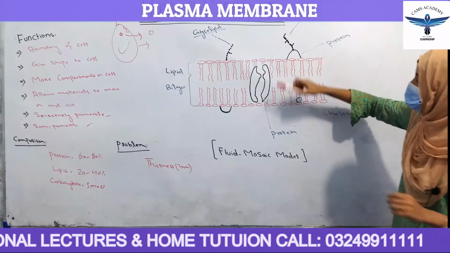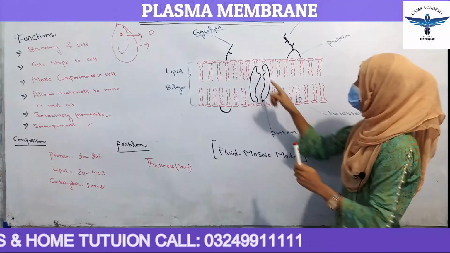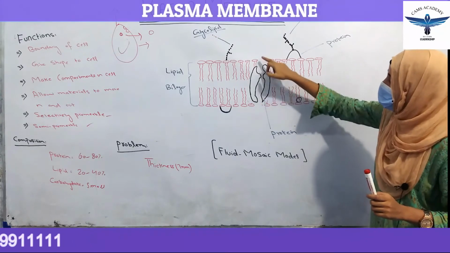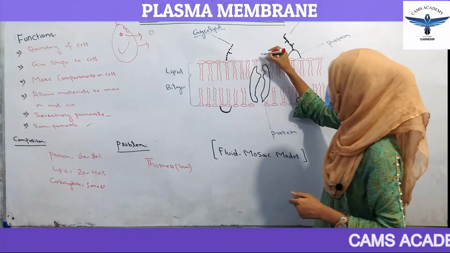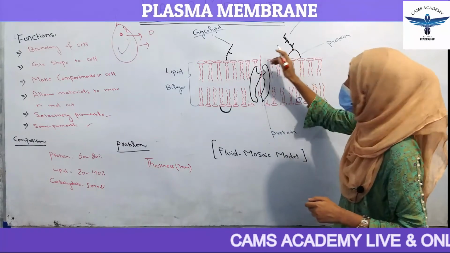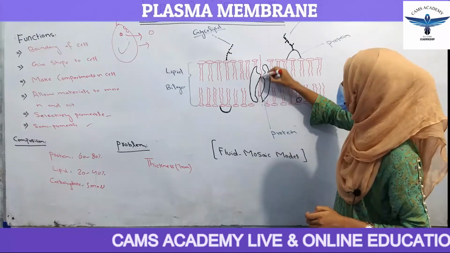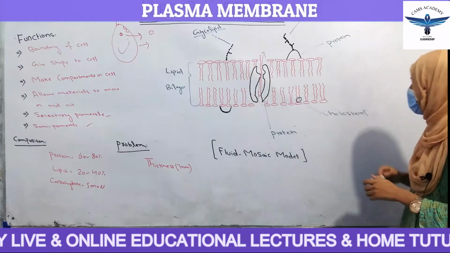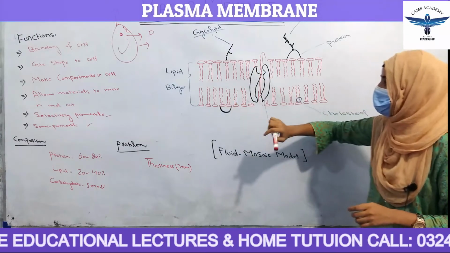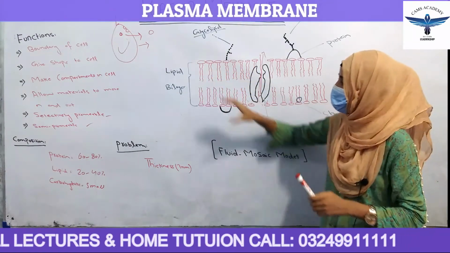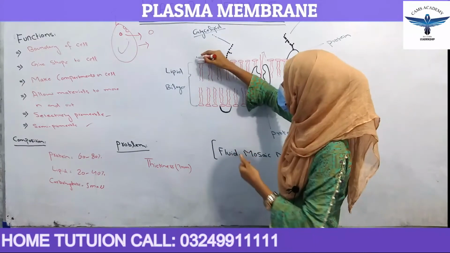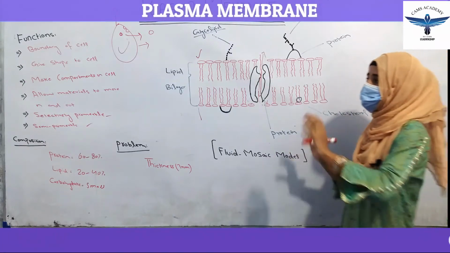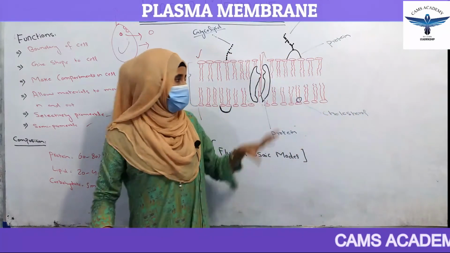Then this is a protein. This is also a protein. These both are proteins. Look at this. This is basically a protein, and these are the channels that move material inside or outside of the cell. So this is a way in which the material moves inside, and this is a way in which the material moves outside the cell. Specific material moves inside or outside of the cell. This is a protein and lipid bilayer. This is a polar head and this is a tail. This is one layer and this is a second layer, that's why we call it a lipid bilayer. So this is the fluid mosaic model. These are all the important composition and structure.